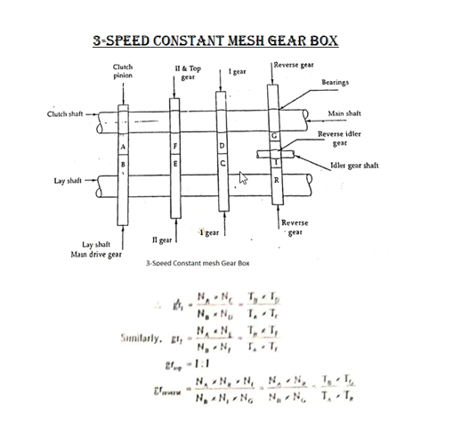But in the constant mesh, the gears are always meshing with each other on the lay shaft and the main shaft, but they are not transmitting the power, they are just rotating on their shaft. So as usual, first gear transmits the power from the clutch pinion to the main drive gear on the lay shaft, to the